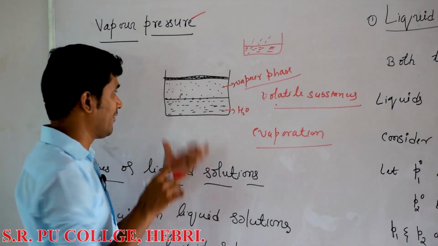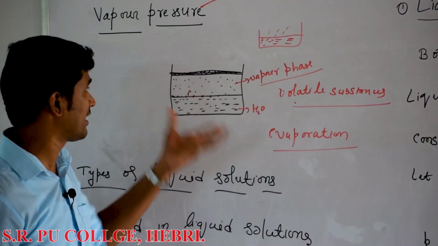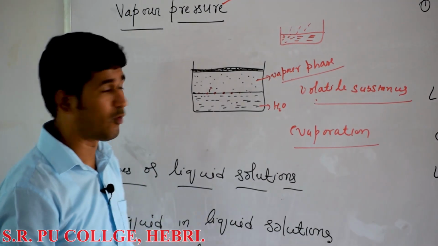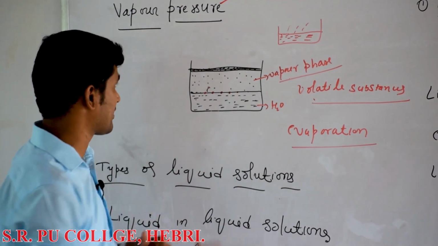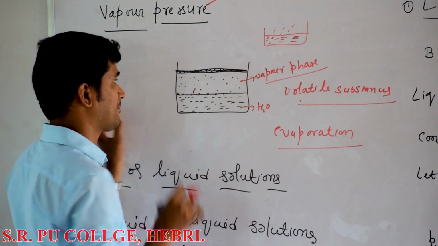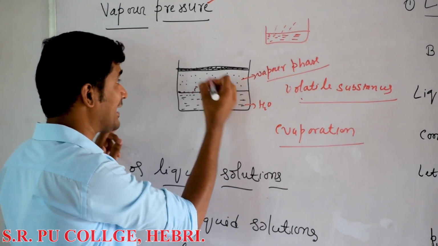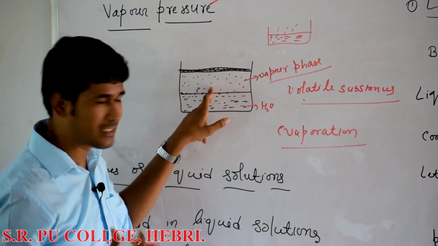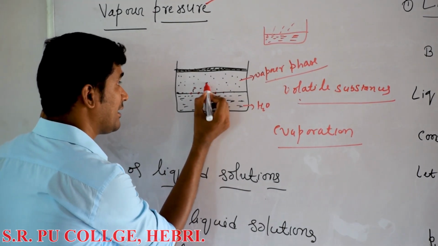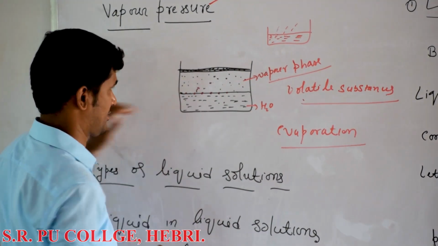Now we have taken water in a closed container. In the closed container also, the water molecules at the surface undergo evaporation and produce vapors. The water vapors are produced. Since it's a closed container, accumulation of this water vapor takes place. The molecules of water in vapor phase increase and accumulate above the surface of the water. These dots represent the water molecules in vapor phase.